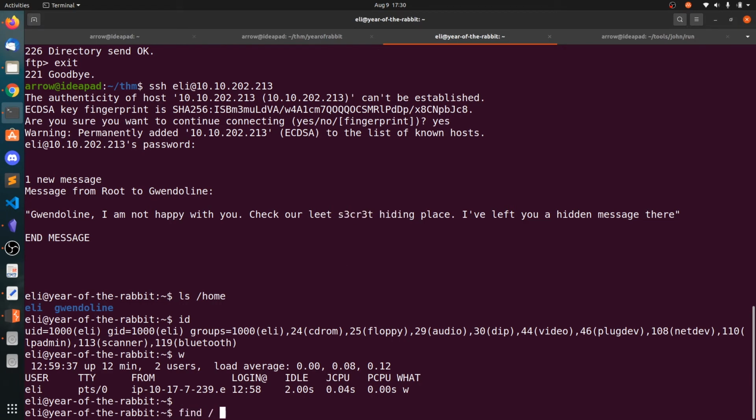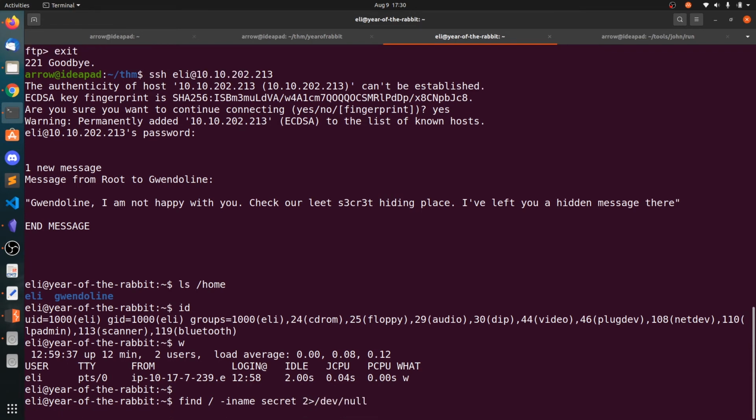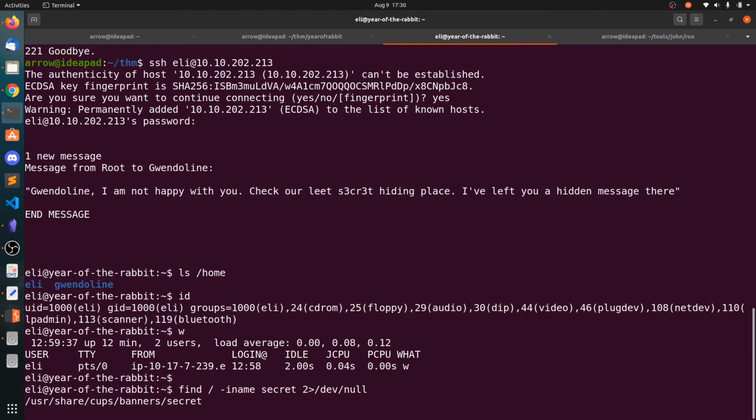But here they have given some secret hiding place. So let's use find -iname secret, type directory. I think it's a hiding place, right? Maybe it's a directory or a file. Okay, let's see this one.